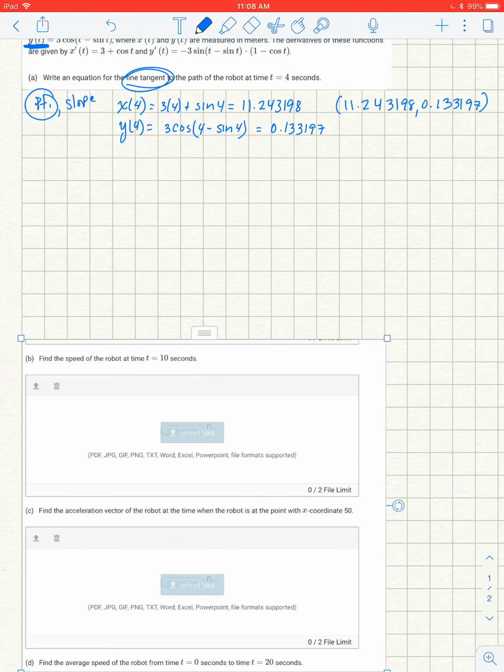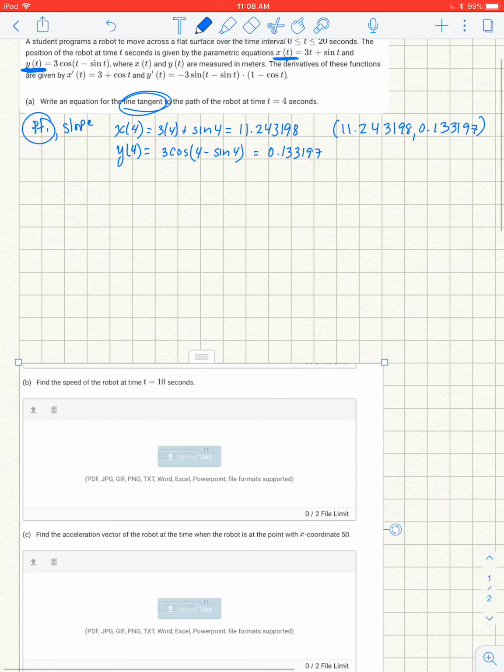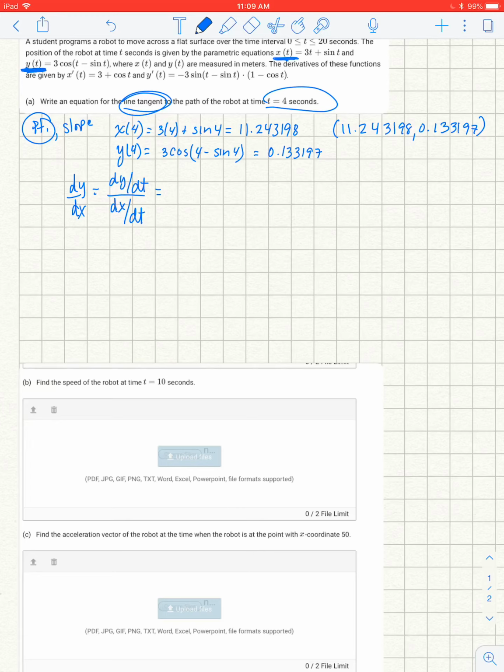All right, now finding the slope. So we go back to what you need from derivatives. Derivatives will give us slope, and we know in parametric dy over dx is going to equal dy over dt divided by dx over dt. So in this situation, we need to have this at 4. So again, not that difficult with the calculator,